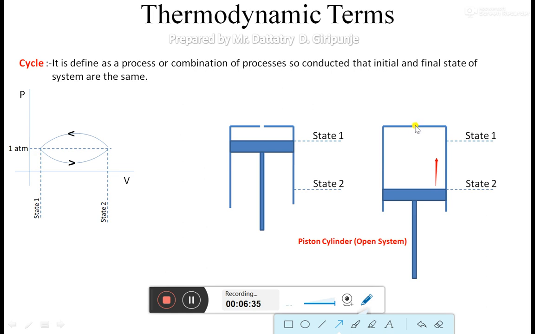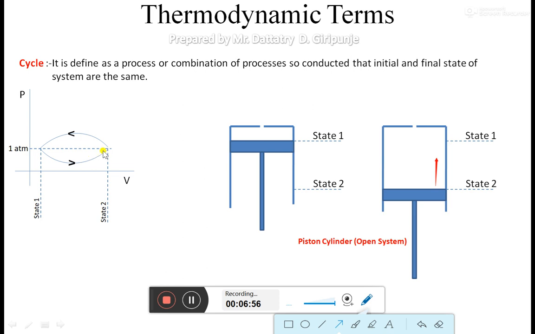As this hole is very tiny, it will create a resistant force on this piston. It won't easily escape out from the tiny hole, it creates a resistance, and